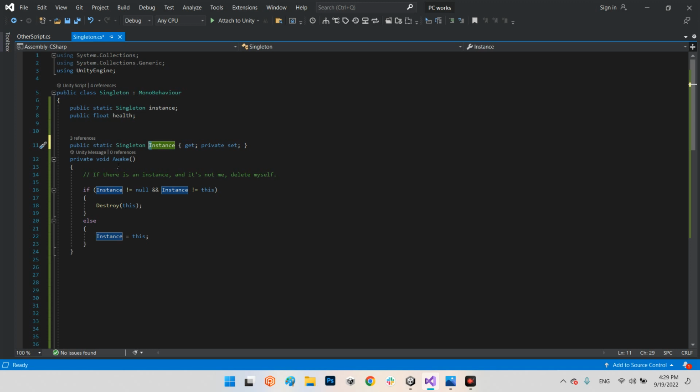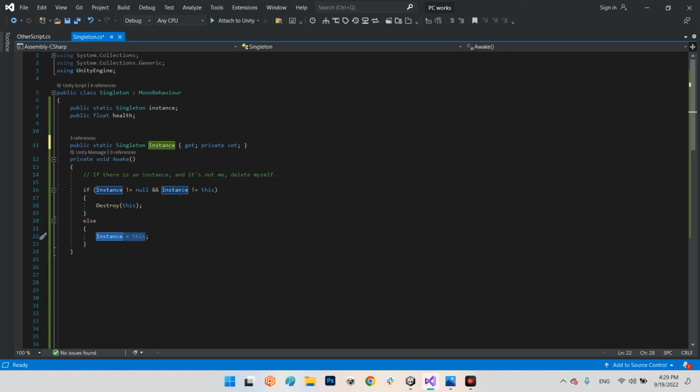Here, in void Awake, we can check if we already have an instance of this singleton. If so, try to destroy it. If we don't have one, okay, instance equals this script. It is another definition, and maybe it's better to say the safer way to define a singleton instance